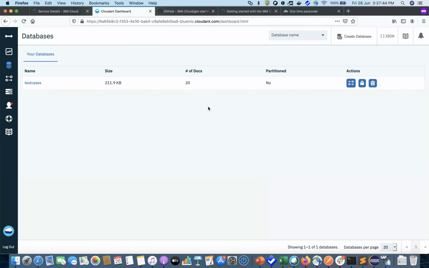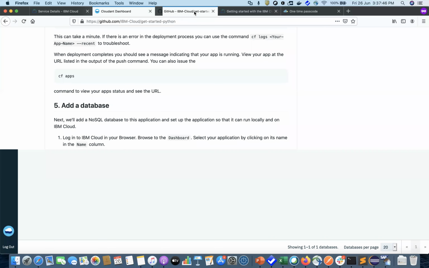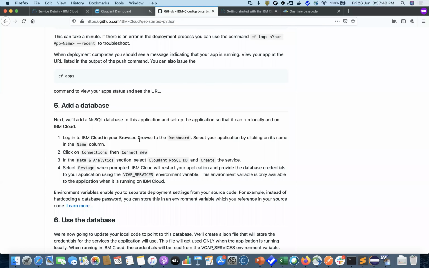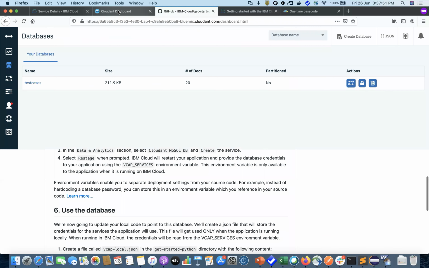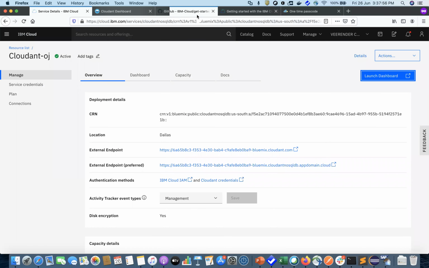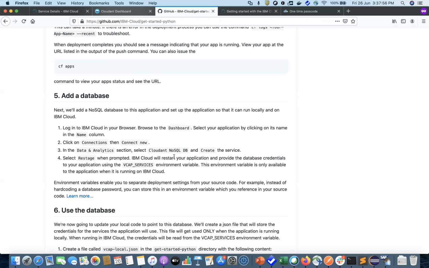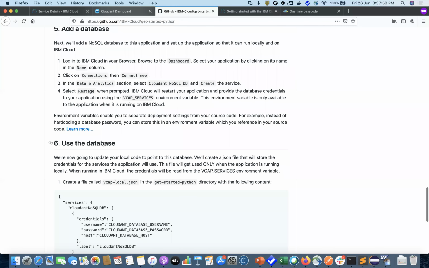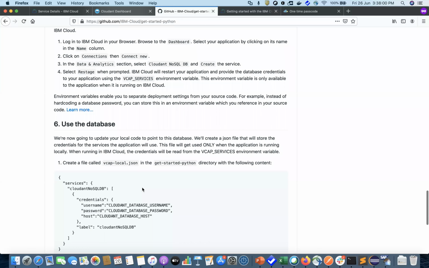Now if you go back to the GitHub link, what it says is, once you create a service, once you initiate this database service, how can we use that database within your application? For that, there's a simple step.